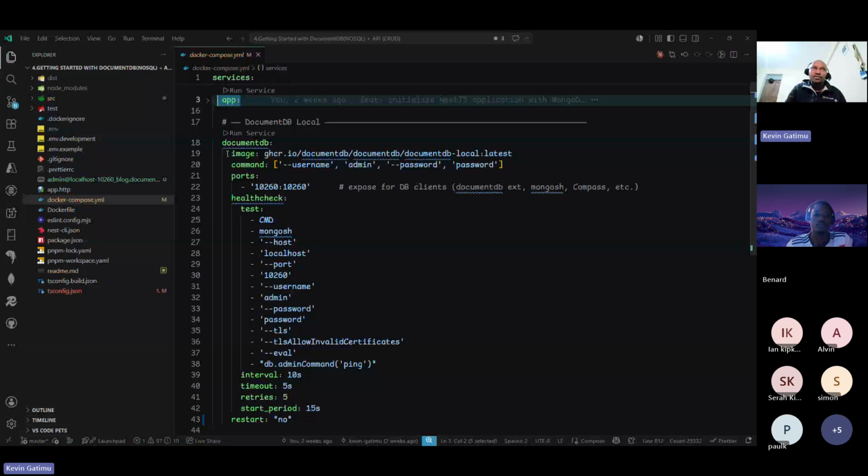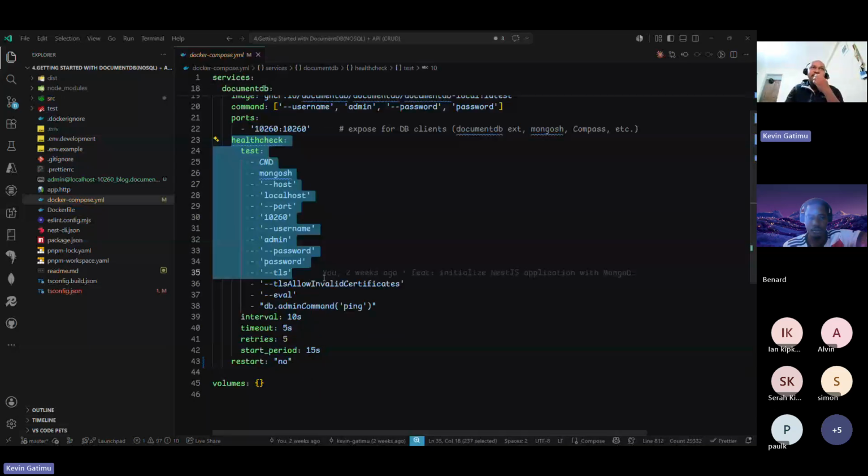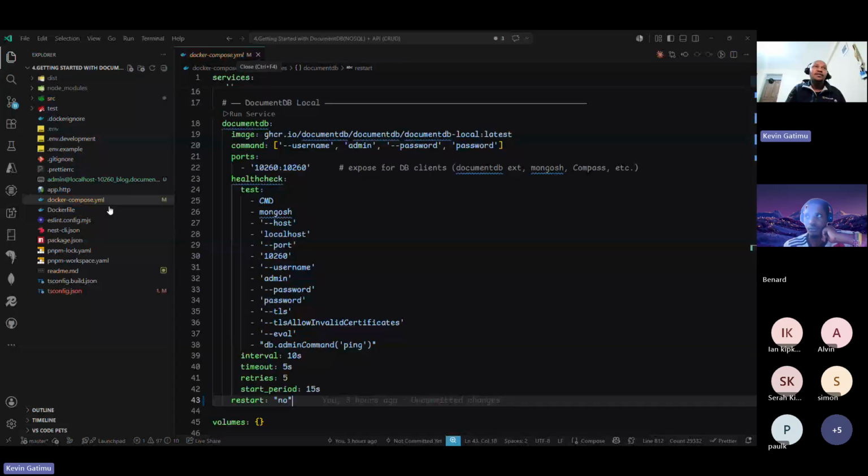This is just a small command to test using Mongo. That is the CLI tool for MongoDB, to just test whether this is okay. It's going to ping, and everything is just the same. Cool. Other than that, I think we can go ahead and create this